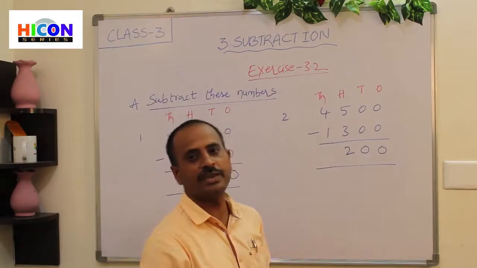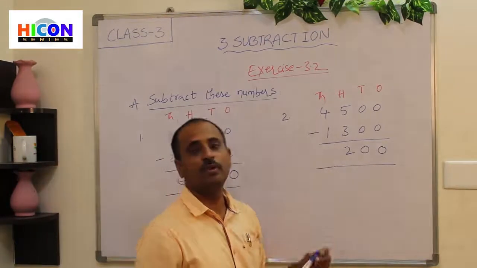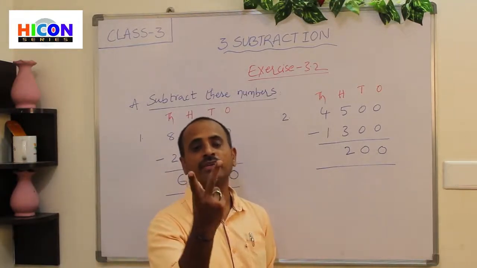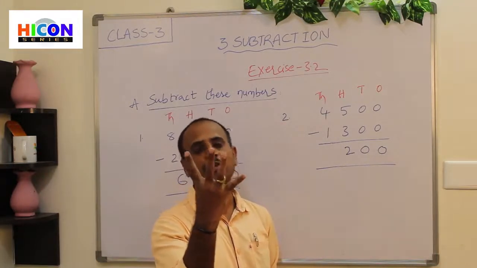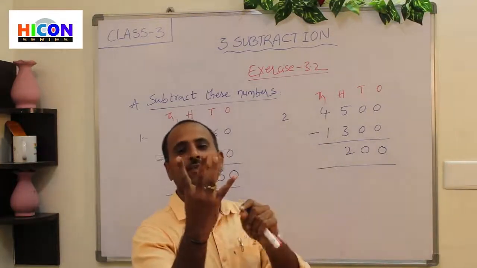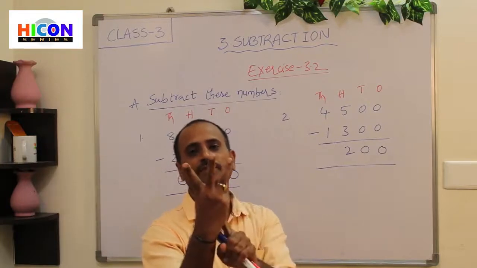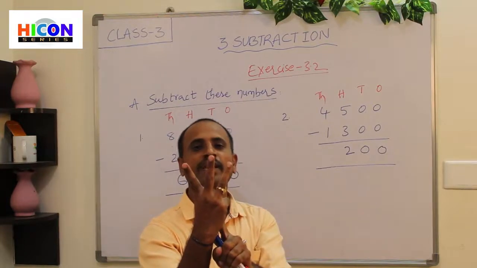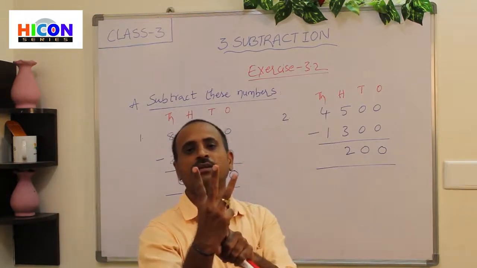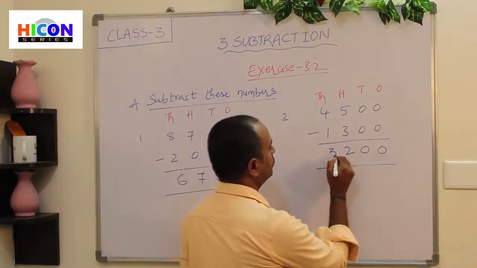Now go to thousands place. So what is the first digit under thousands place? 4. So open 4 fingers of your hand. That is 1, 2, 3, 4. So what is the second number? 1. So close 1 among these 4 fingers. So I am closing 1 finger. So children, how many fingers are remaining? 1, 2, 3. So there are 3 fingers remaining. So write 3 under thousands place.